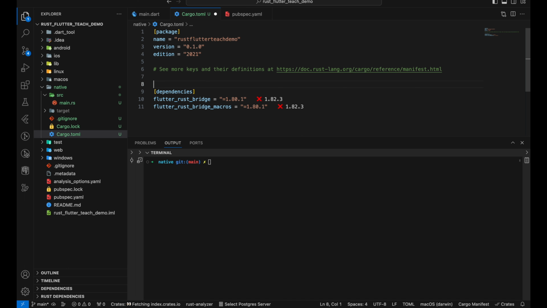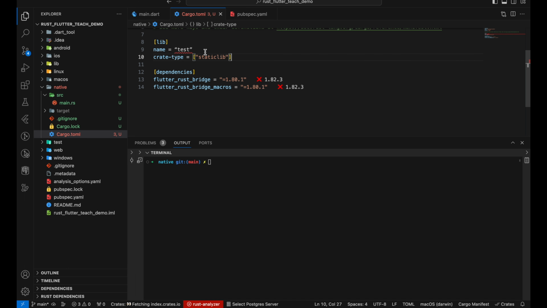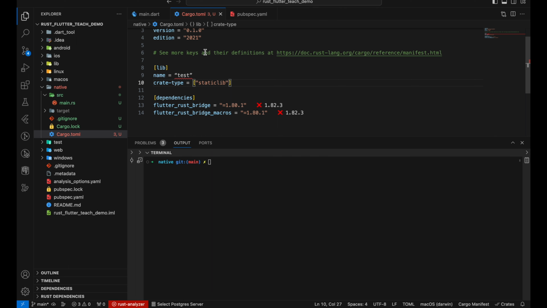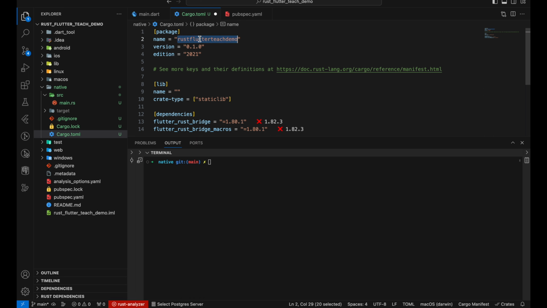Let's add that because we are not going to use cargo run. We will build this Rust into a static build so that we can use it in iOS, and a dynamic build we can use in Android, maybe in macOS. In this tutorial, I'm not going to show you the iOS, macOS or Android setup. This is basically pure Rust initialization, generating the code gen, and setting up the required plugins in Flutter. The name would be the same as the package name at the top.